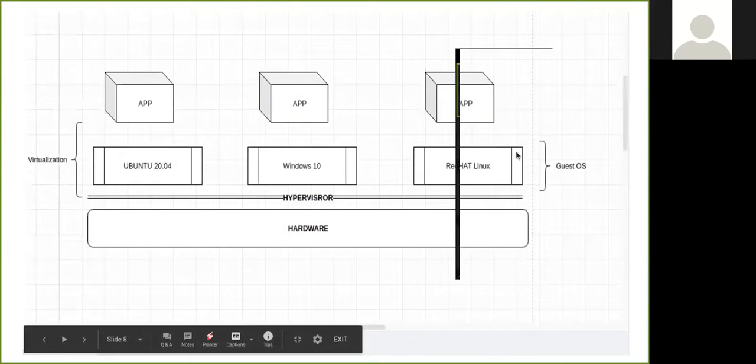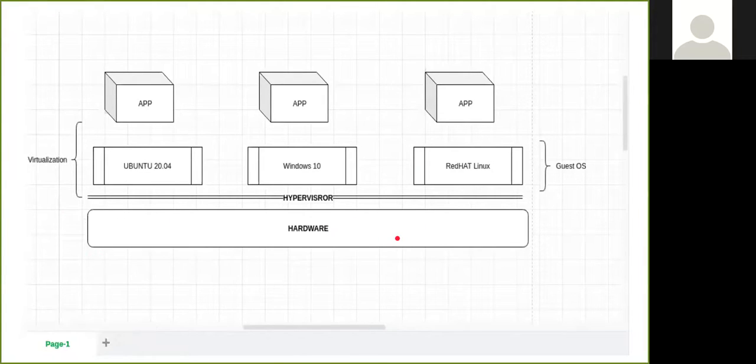So as you can see, we have hardware, the most bottom layer of the stack. On this hardware, we have a hypervisor. Now, what is this hypervisor? This hypervisor is responsible for virtualization, so we can install multiple operating systems on the same hardware.